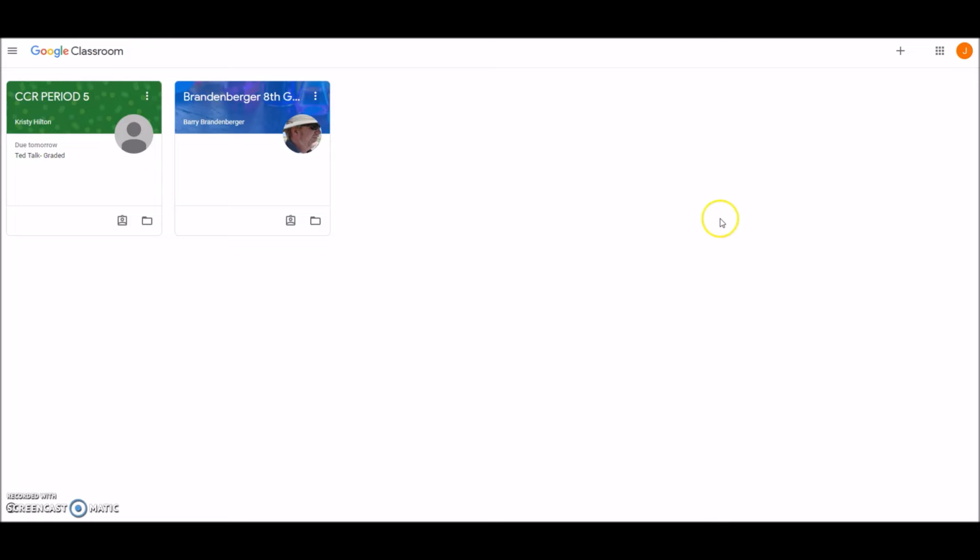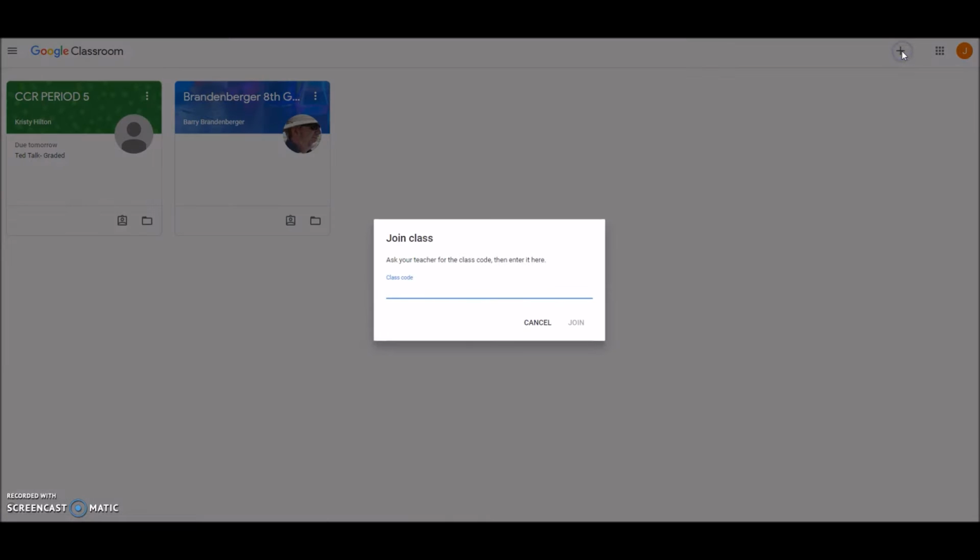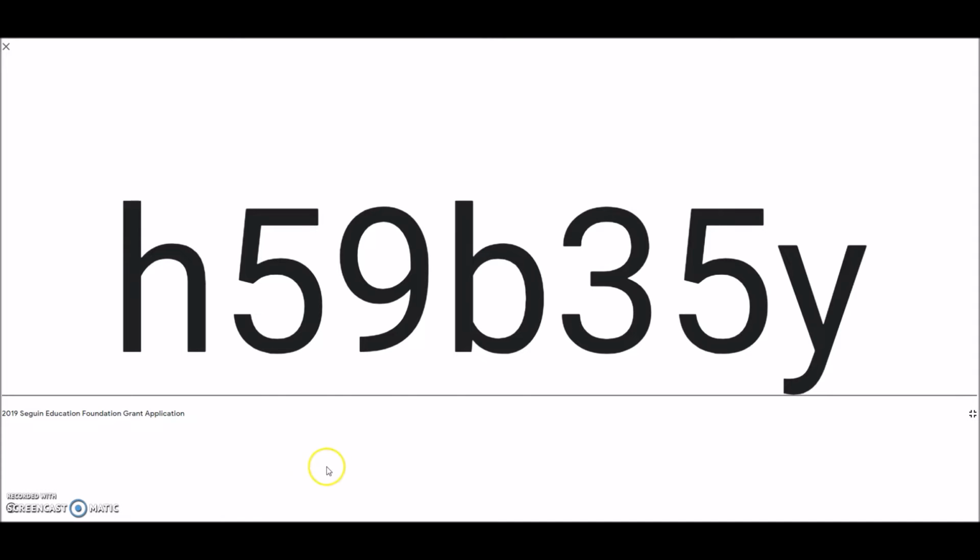To join the class, you need to click on the plus sign where it says join class, and you may get an option that says create a class. You don't want to create a class, you just want to click on join a class. Then it's going to ask you for the class code. So the class code to join our class is